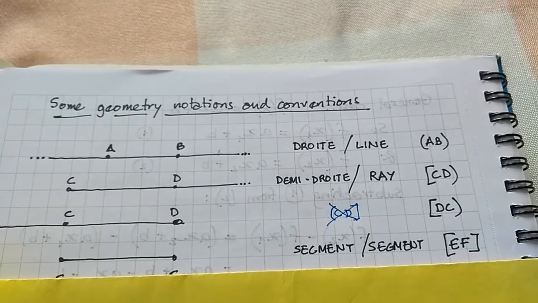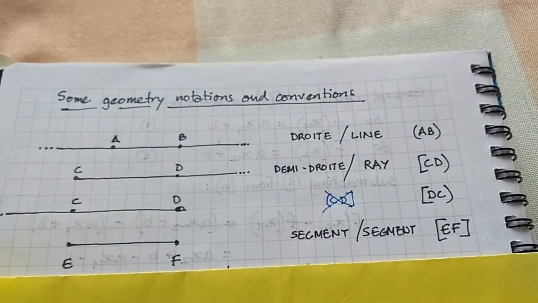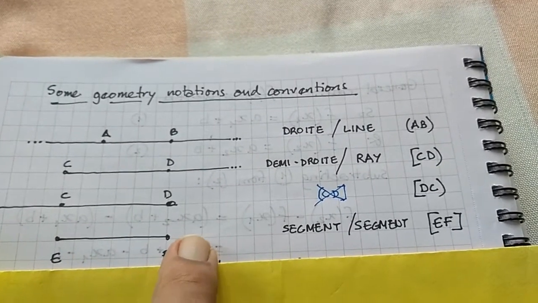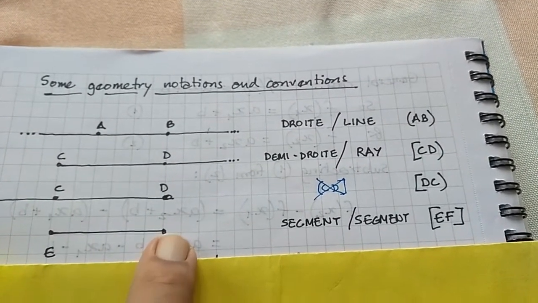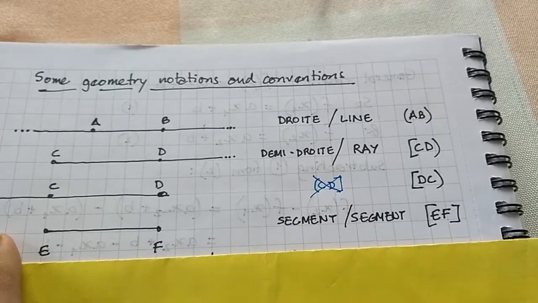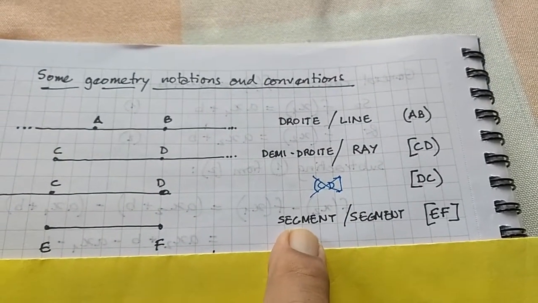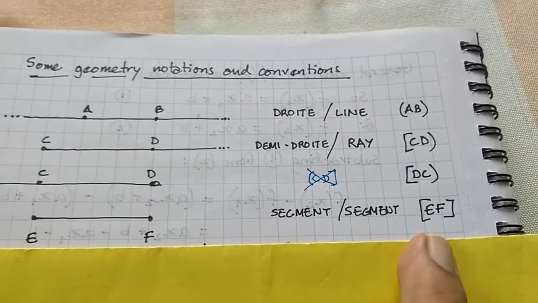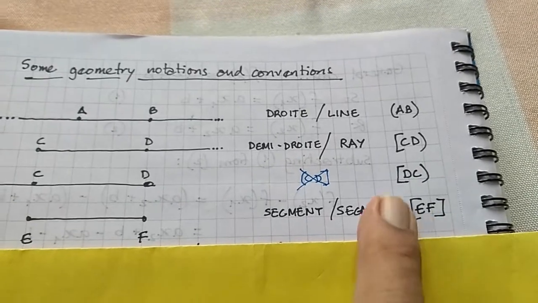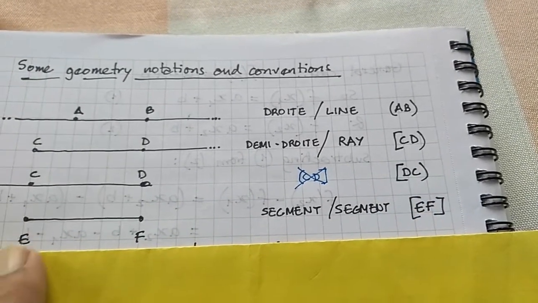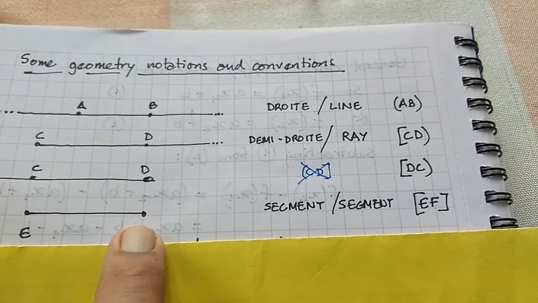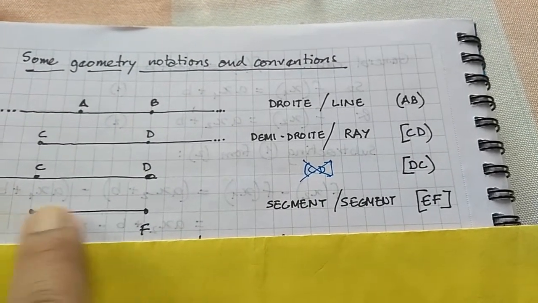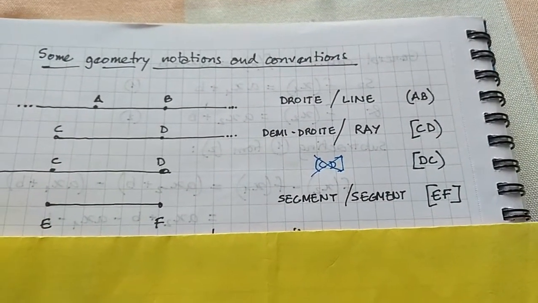Okay, then the last type of line is segment. Segment is E to F. Here this is a segment, and it only defines the line between E and F. There is nothing to the right, nothing to the left of E, nothing to the right of F. In French it's called segment, in English it's called segment, and it's written like this, [EF], with square brackets on both sides, signifying that that's where the line ends. The segment ends at F, the segment ends at E. It doesn't go beyond these points.